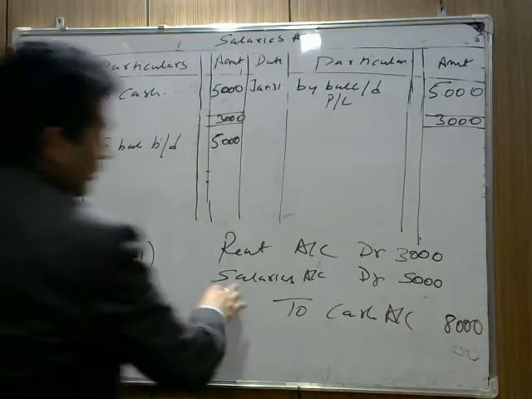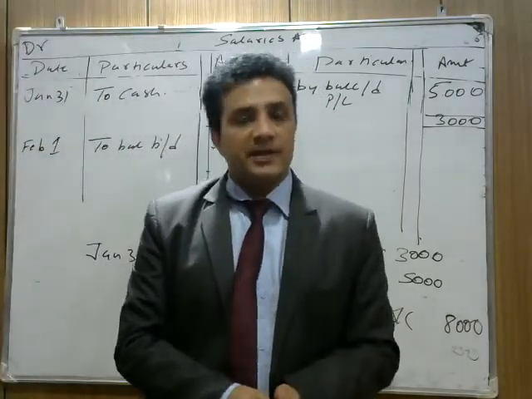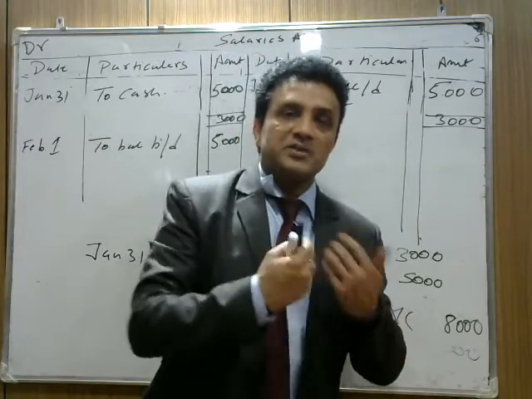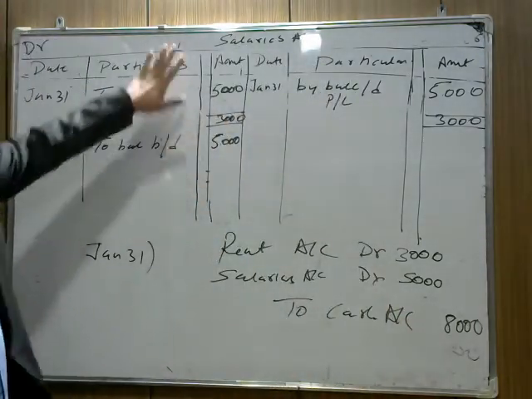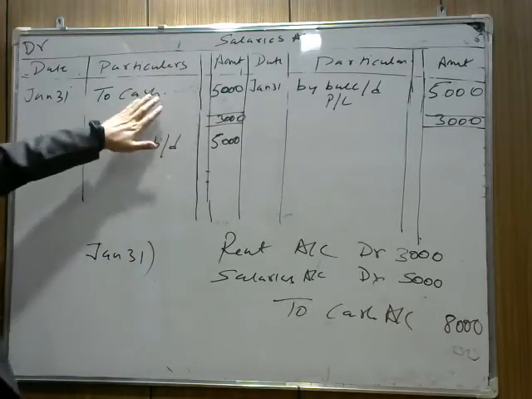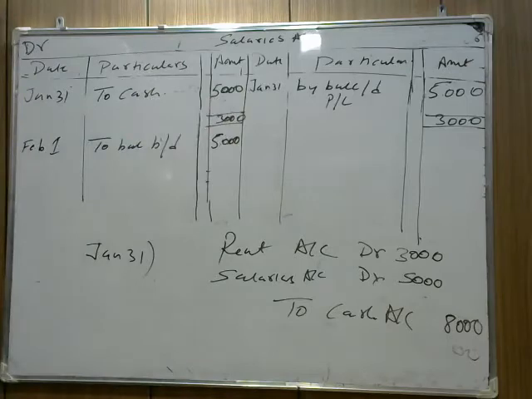We write salaries account debited. Now why will salaries account be debited? Because you are paying salary in cash. आपने जो सैलरी पे की और कैश में पे किया. How we write? To salaries account. Okay, हम सैलरी में सैलरी नहीं लिखते. We pay salary in terms of cash and how much salary we pay? We pay salary of rupees 5,000 in cash.